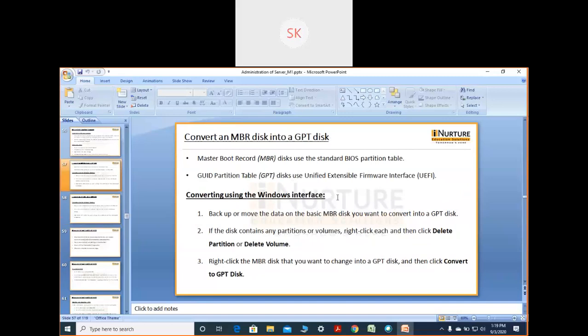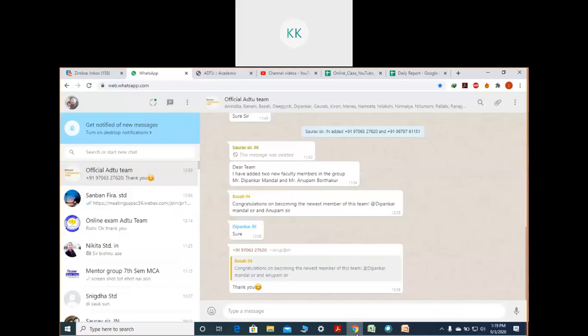For your information, I will share all these notes and everything with you. Now the question is, where will you collect it from? In that case, you have to regularly follow your Edutive portal. In the Edutive portal, I have already uploaded all the notes. For your reference, I will show you what different things you will find in your Edutive portal.